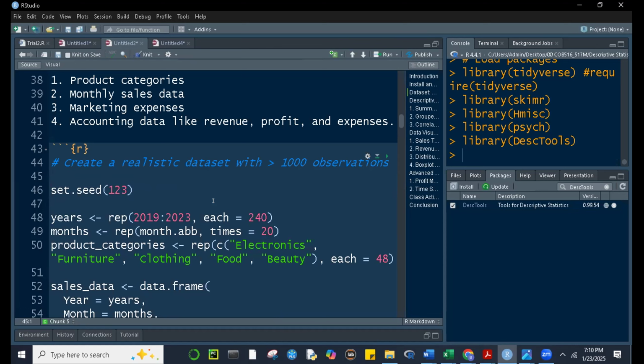Okay, it tells us that it's not a random number generator. It makes uniform any random number that we're generating. So if I use set.seed 1, 2, 3, 4, or 1, 2, 3, or for that matter, any number, for as long as we have the same number, then when we